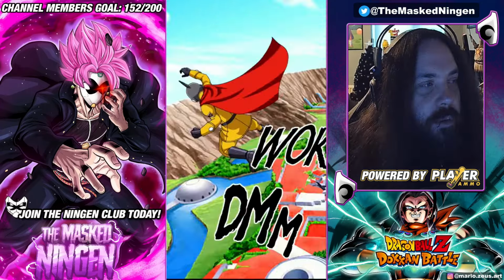Transform with you. Just get as many Gogetas on the go as we can here. Just get every Gogeta out. Get rid of Videl. Trunks still has a decent amount of HP, but we've got Tech Gogeta out here now as well,